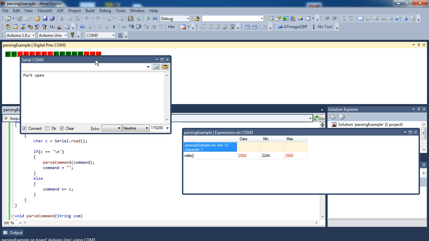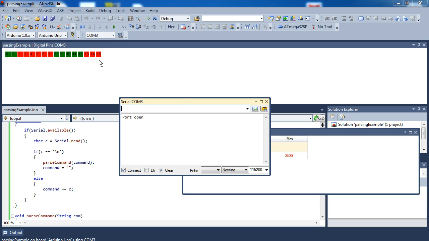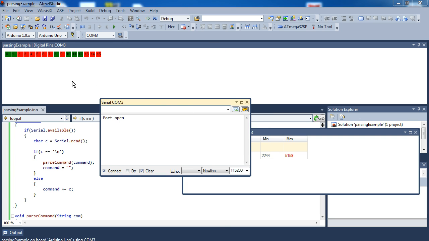Oh, so what we have here is... Drag that over a bit. There we go. Okay, so here we've got visual representation of pins 3, 4, and 5. Red means off, green means on. So if I type pin on 3, you can see the 3 turns green. And if I type pin off 3,